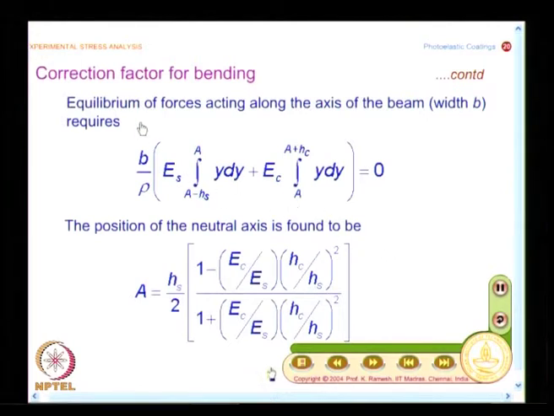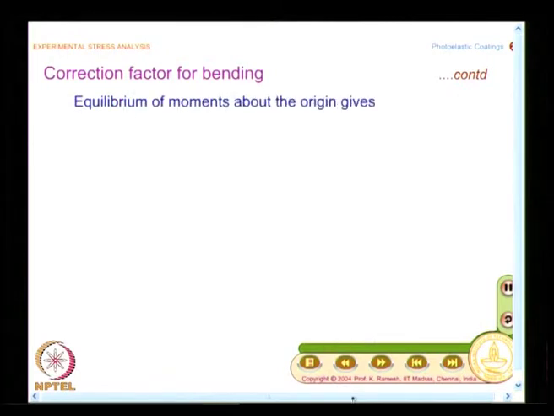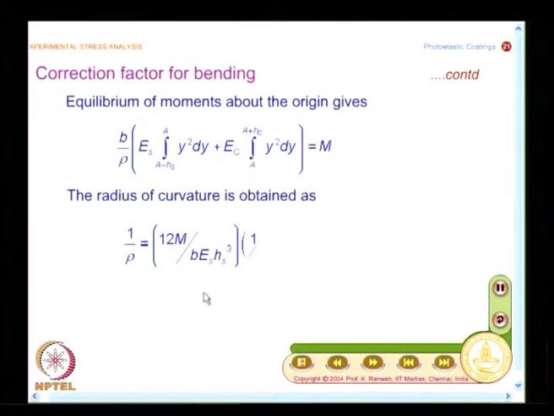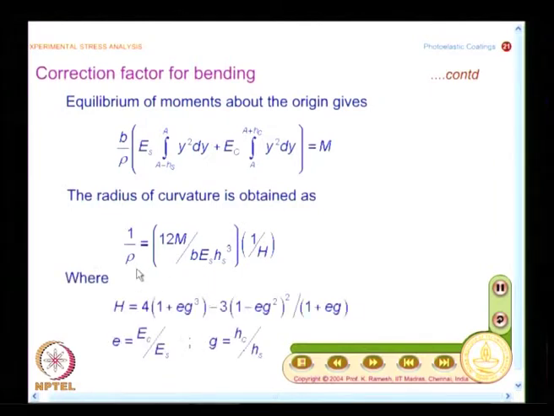Now, I have written the equilibrium of forces, then I have to write the equilibrium of the moments, that will give me the curvature. The idea is to find out what is the curvature and so on and so forth. And I also mentioned that I will replace the ratio of Young's modulus as E and ratio of thickness as G. That makes my life simple in expressing the expressions,